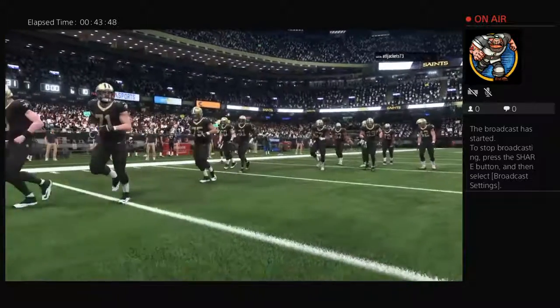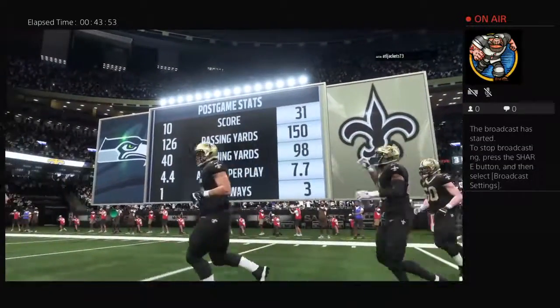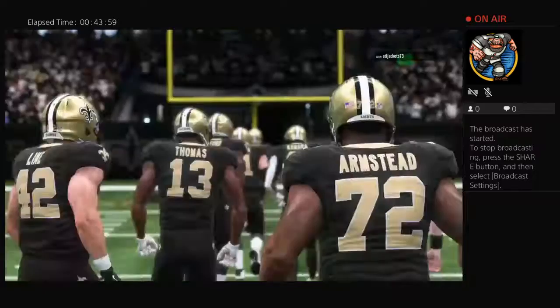So for the Saints, it's an important win in terms of staying in the postseason race as they move to 6-4. And they'll get to stay home again next week as the Tennessee Titans come to town. Meanwhile, for the Seahawks,